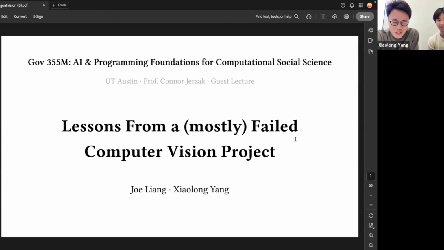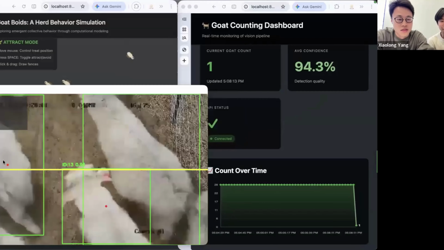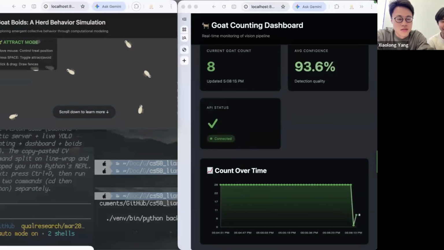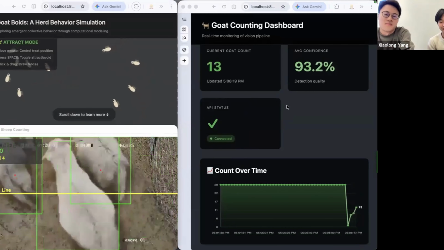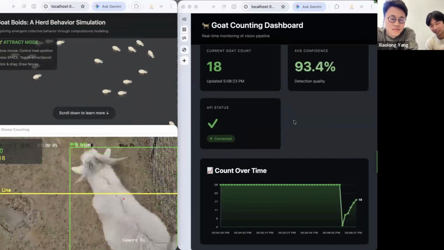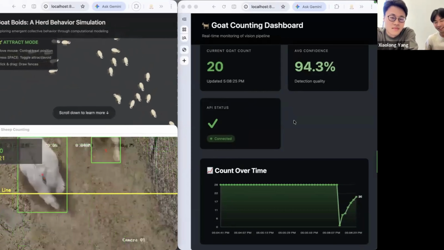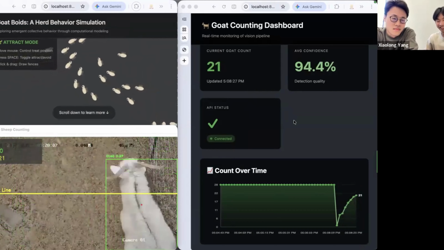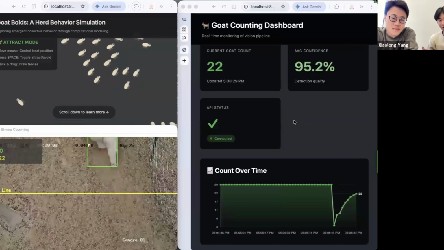Yes. So the first thing we'd like to show is a demo of everything we've built, just to have you see what we put up. What we built was a goat tracking system for a farm that Xiaolong's family owns. You have these goats passing down there. We'll talk more about it later, but in the demo, at least you can get an idea of what it's doing. It's just counting goats for the farmers.